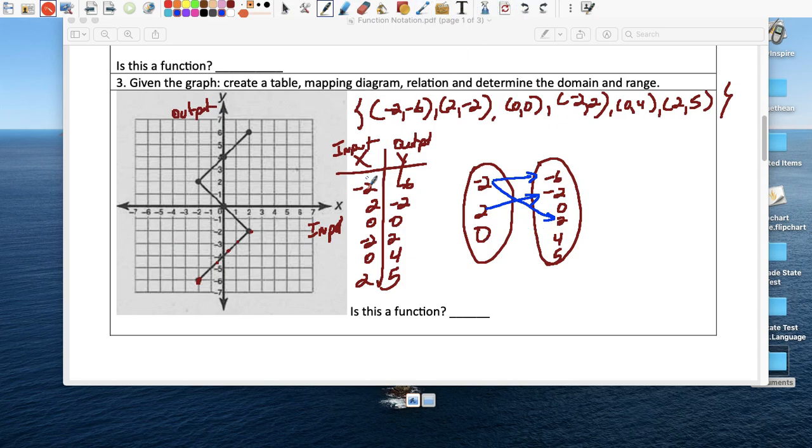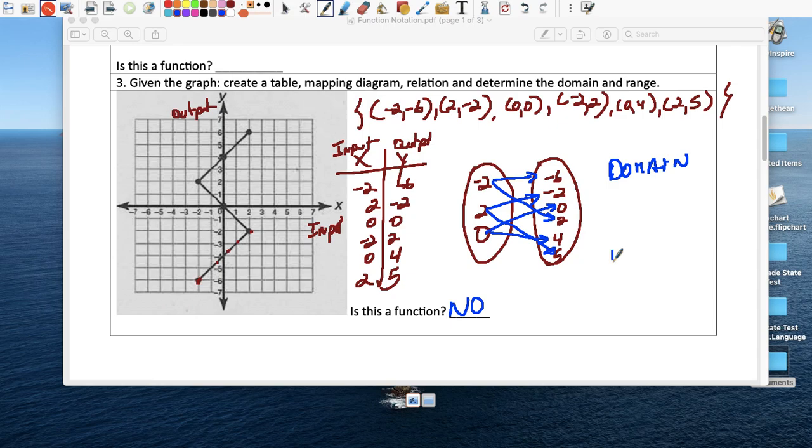Sorry, I forgot the 0. 0 becomes 0. And then we have 0. Look at that. You press 0, you get a 0, or you press 0 and you get a 4. And then we got 2 and 5. There is no way this is a function, because for some inputs, actually for all these inputs, for -2 you have 2 different outputs. You have -6 and 2. For 2 you have -2 and 5. And for 0 you got 0 and 4. So this is not a